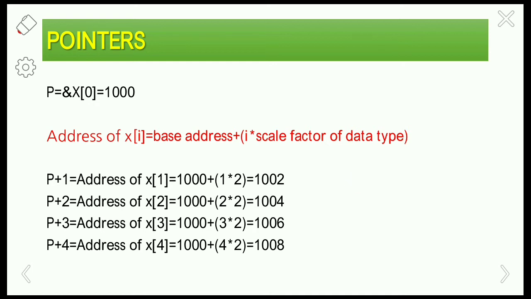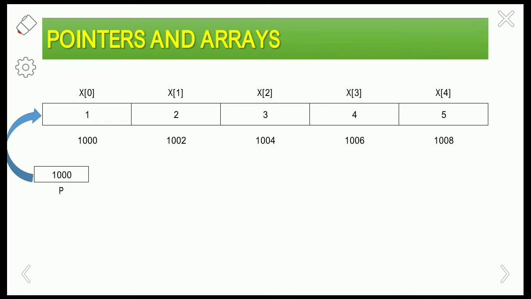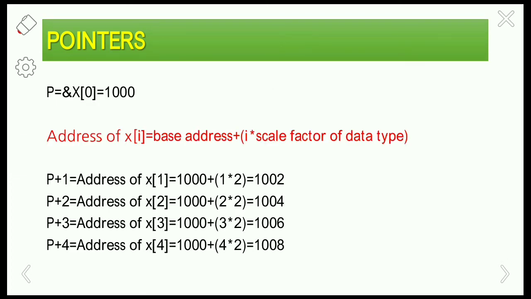Suppose here I want to move to the first location. I want to point to index 1, x[1], so how will it be performed? Here p plus 1: the pointer is pointing to index 0, and if I want to point to location 1, then how can we point? That is p plus 1, so we have to increment by 1. How we move to the next location and obtain the value, we will see here by using this formula.